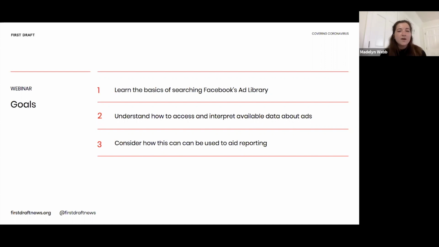And then goal 3, sort of sprinkled throughout those 2 sections, we're going to be considering how this can be used to aid reporting. And also, if you're not from a reporting background, if you're coming here from NGOs or something in the political realm, and you're interested in just monitoring your issue and how it's being paid for and presented on Facebook, absolutely feel free to ask questions about how we can help you with